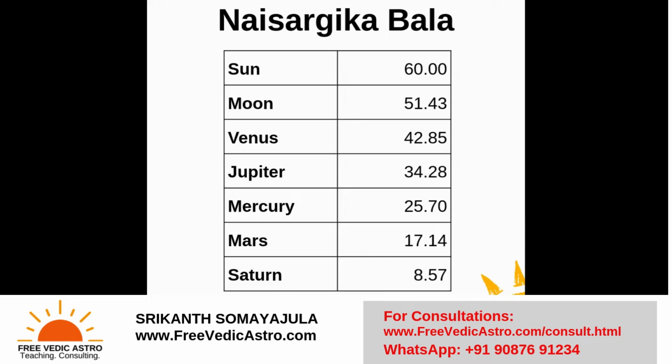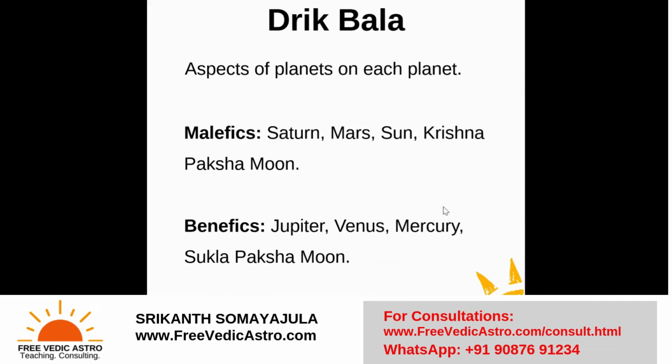But even if you try to understand also here and there, you will know why each bala is used for, etc. Wherever it is very required, like the chesta bala or the dig bala, etc., I will definitely delve more into the thing. Then is the Drik Bala. Drik means Drishti. Drishti means something that is being seen by. So each planet is seen by other planets. We all know that. Any planet that is in the seventh house is watched by the other planet, right?